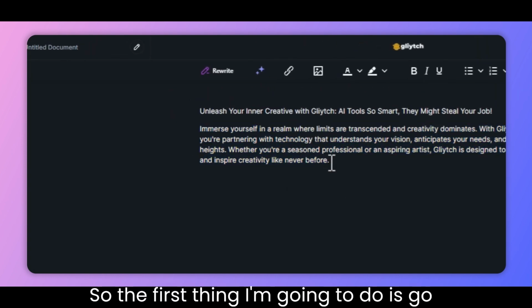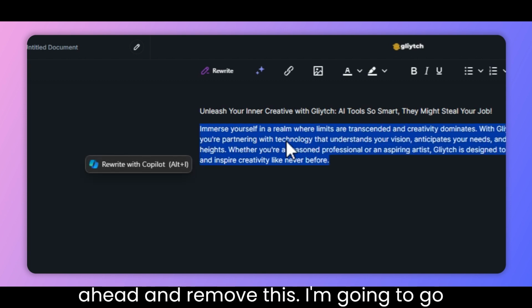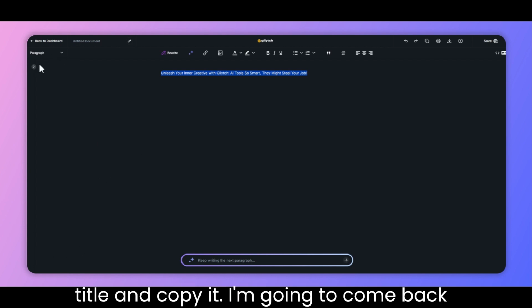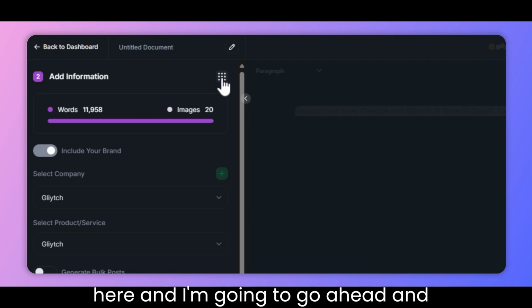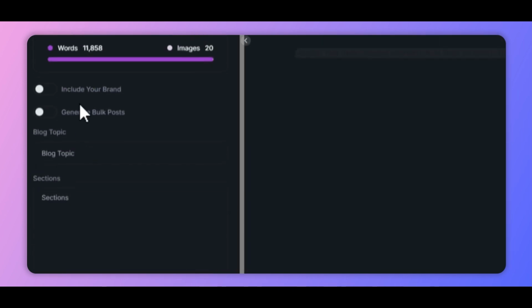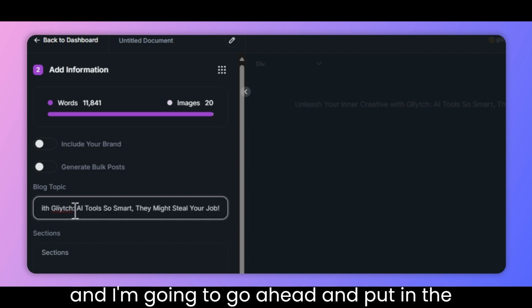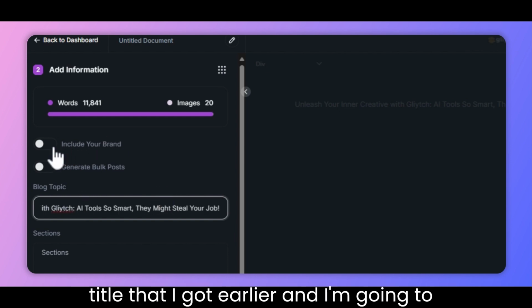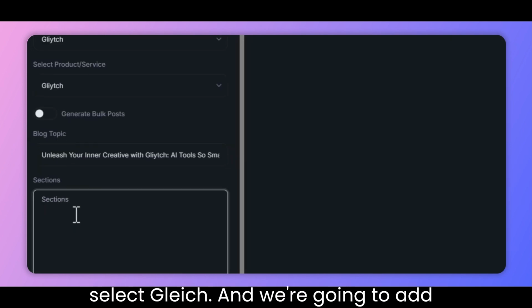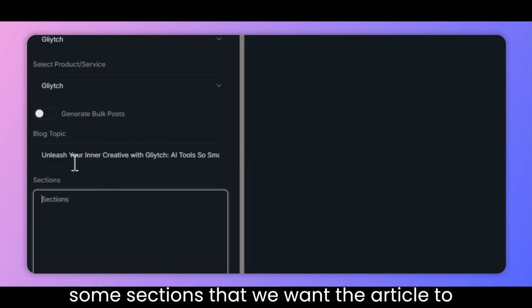So the first thing I'm going to do is go ahead and remove this. I'm going to go ahead and backspace. All right, I'm going to go ahead and select this title and copy it. I'm going to come back here and go to blog post outline, and I'm going to put in the title that I got earlier, and I'm going to include the brand voice, select Gliytch, and we're going to add some sections that we want the article to write